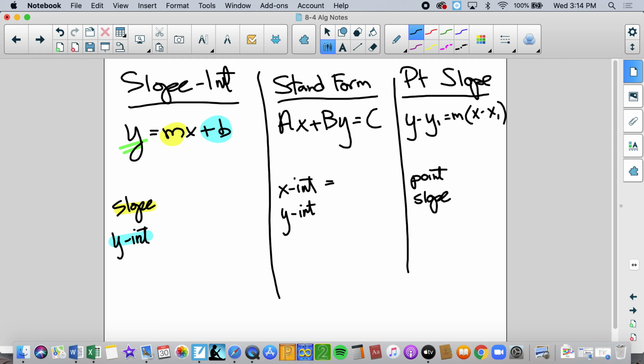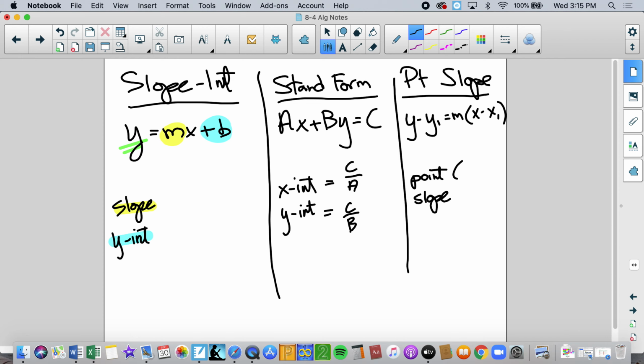Let me set x and y to 0 and solve: the x-intercept is going to equal c over a, and the y-intercept is going to be c over b. Sorry, that's correct. And the point in this equation for point slope is going to be,